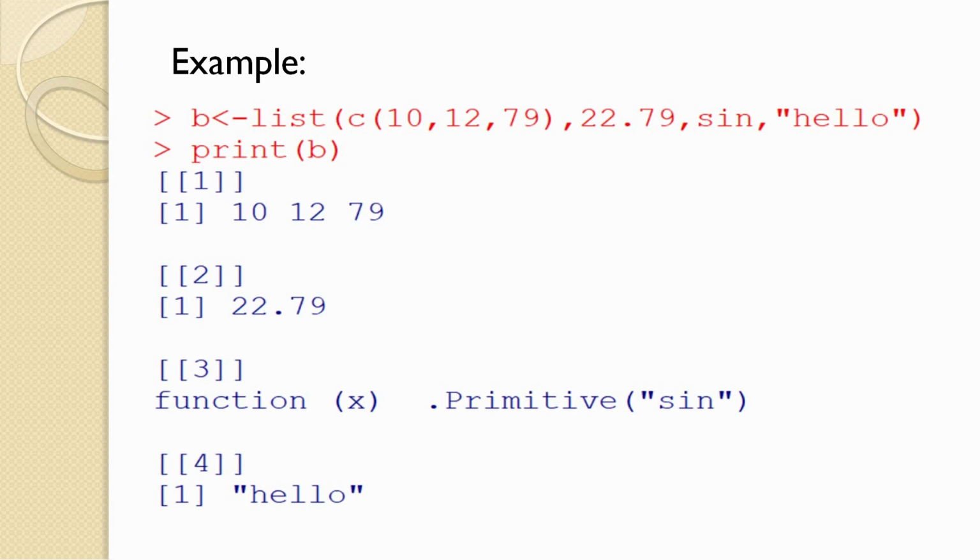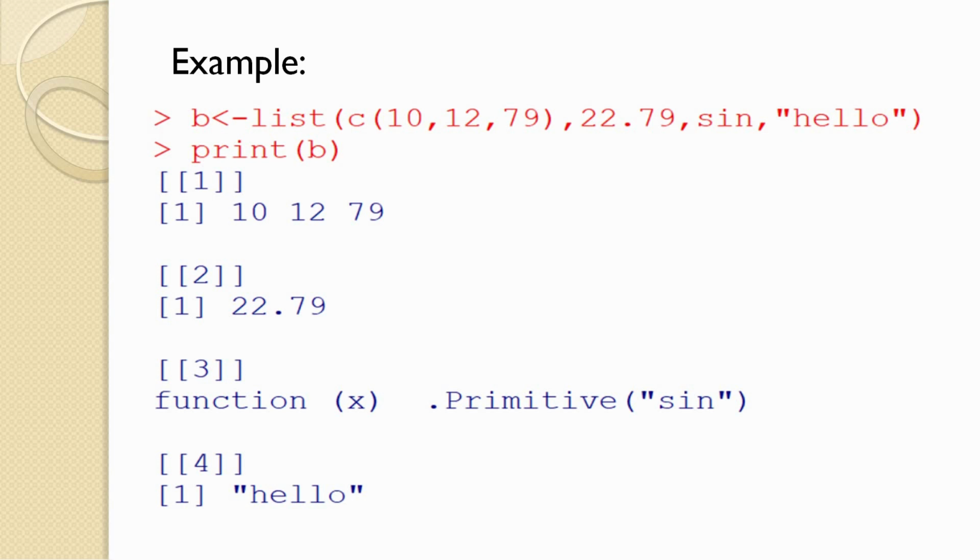For example, a variable b is assigned with a list in which the elements are a vector with 3 elements, a floating point element, a sine function, and a string vector. If we give the command print b, then each element is treated separately. Like the first element, the vector is represented separately, then the floating point element, then the sine function, which is described as function of x and primitive sin.